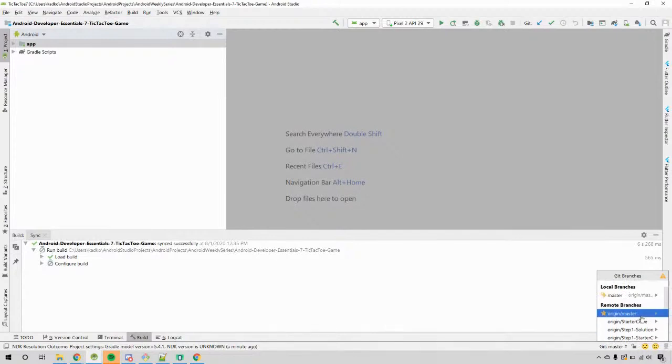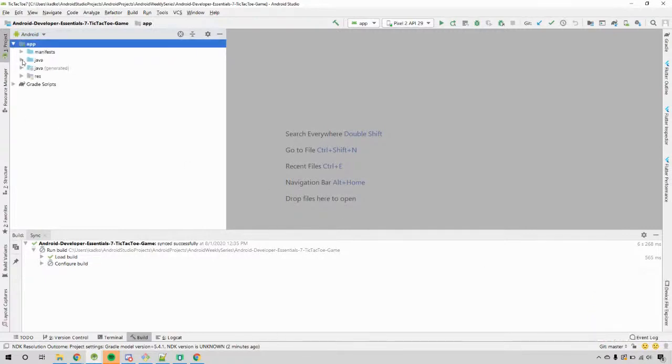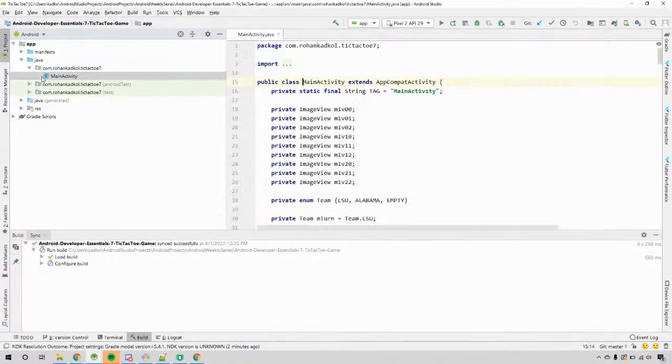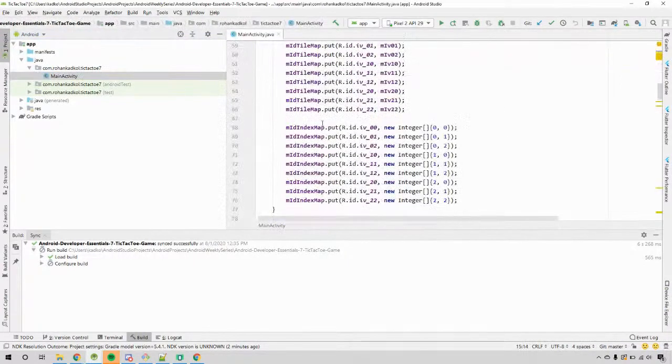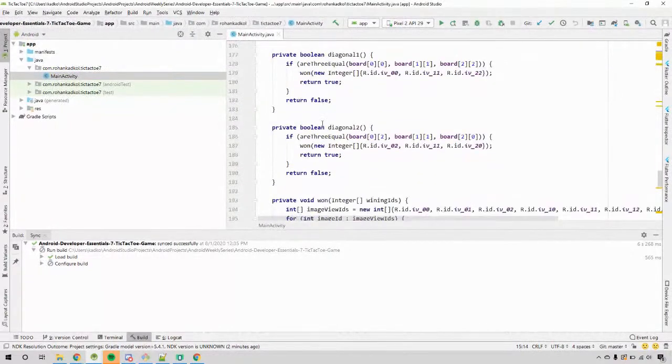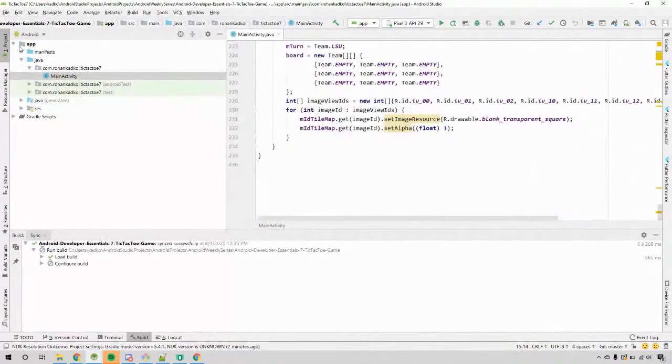So you'll be on the master branch by default. Remote means all the branches that are there on GitHub. So currently it has only downloaded the master on your system. So if you look at the usual things like app, Java, main activity, you see all this code is already written for us because this is the solution code. And if you see on app, res, layout, main activity,